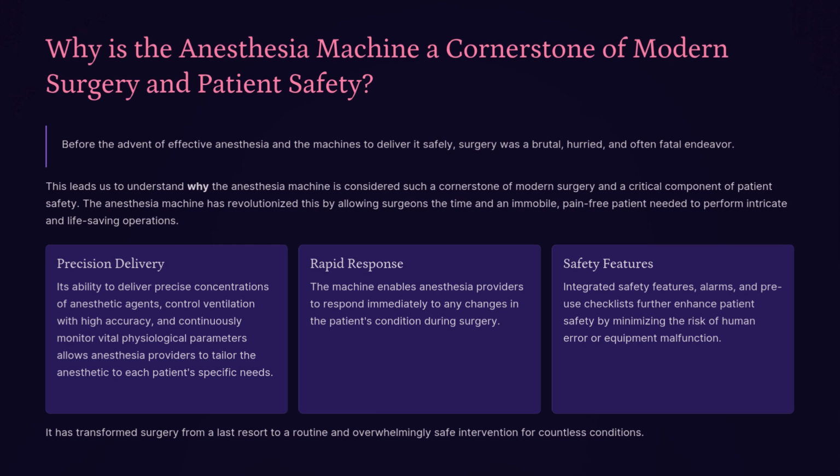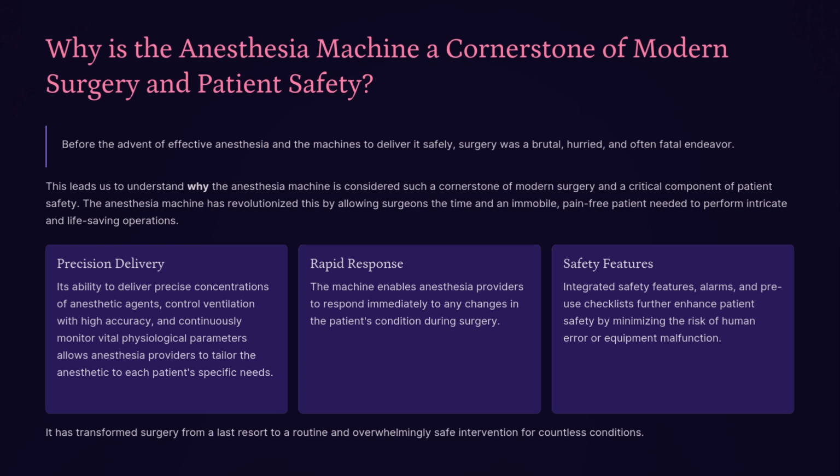Why is the anesthesia machine a cornerstone of modern surgery and patient safety? This leads us to understand why the anesthesia machine is considered such a cornerstone of modern surgery and a critical component of patient safety. Before the advent of effective anesthesia and the machines to deliver it safely, surgery was a brutal, hurried, and often fatal endeavor. The anesthesia machine has revolutionized this by allowing surgeons the time and an immobile, pain-free patient needed to perform intricate